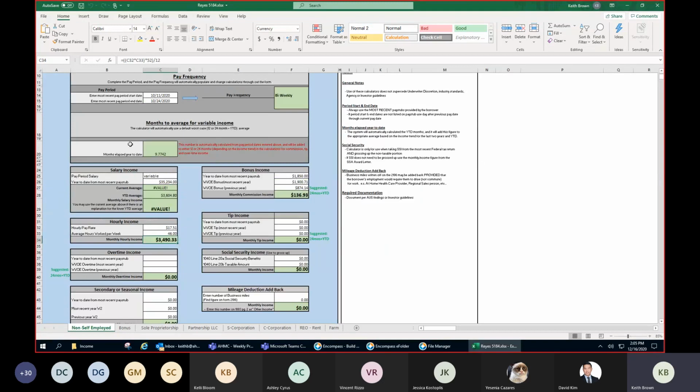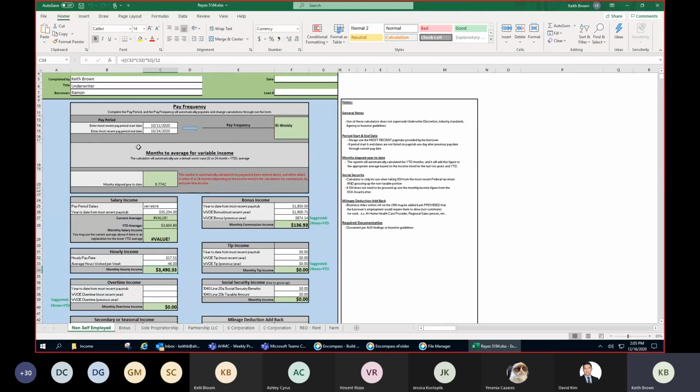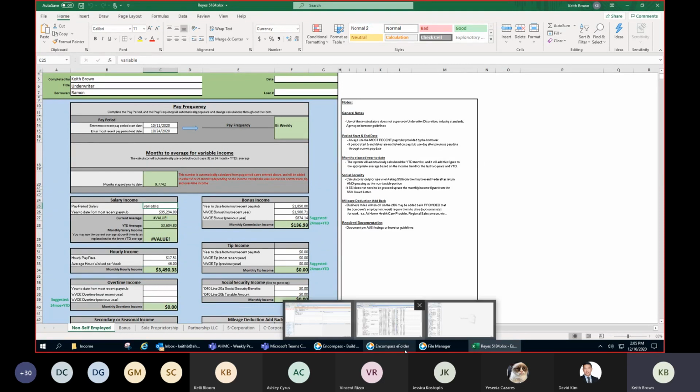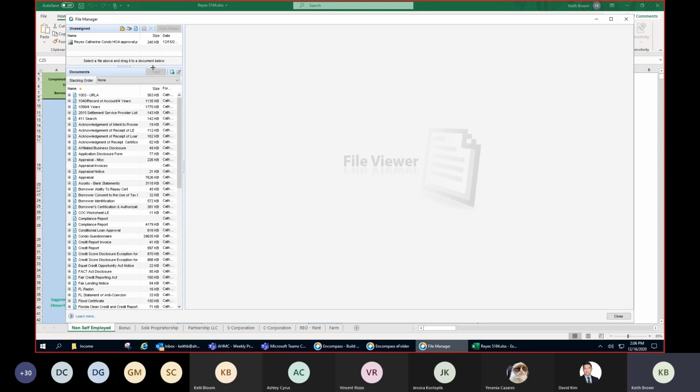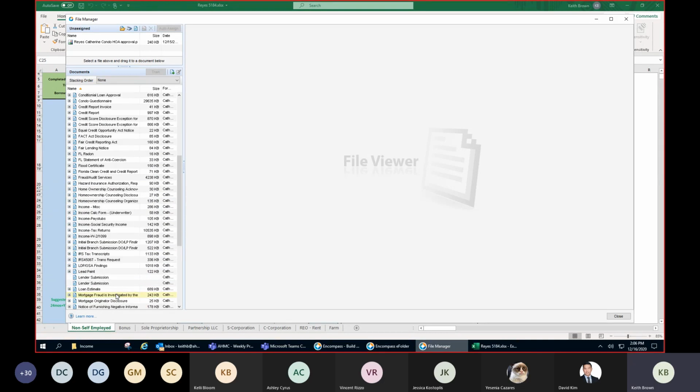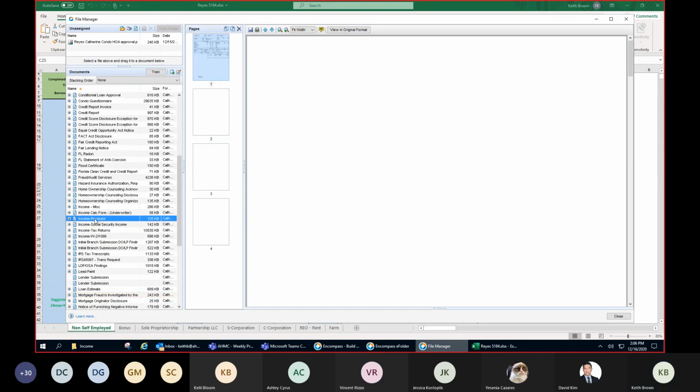All right, now this loan, this is one that I meant. This is an example where he had variable income. So I'm going to get the pay stub on this and show you what I mean, because this is what you're going to run into, and this is where underwriters can often nail you because it can often be missed. Okay, if I go to my pay stub,